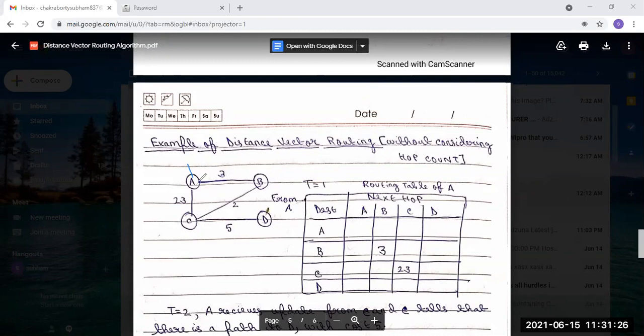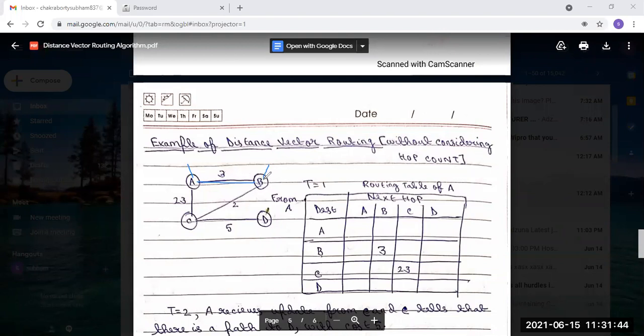First, let's consider this route. The destination is B. What is the next hop? There is no next hop present because this is a direct communication.